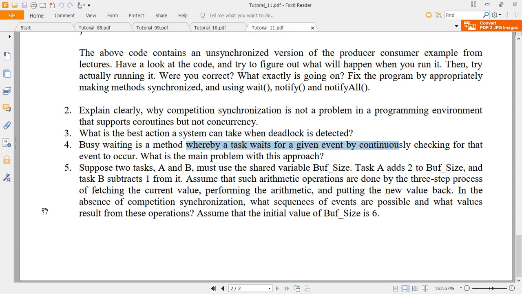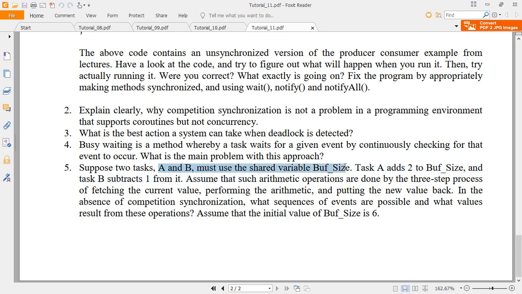The next question is, suppose two tasks A and B. Here you assume these tasks are threads. A and B must use the shared variable buffer size. Once there is a shared variable, you must maintain a semaphore, or a monitor, for getting the value and setting the value.